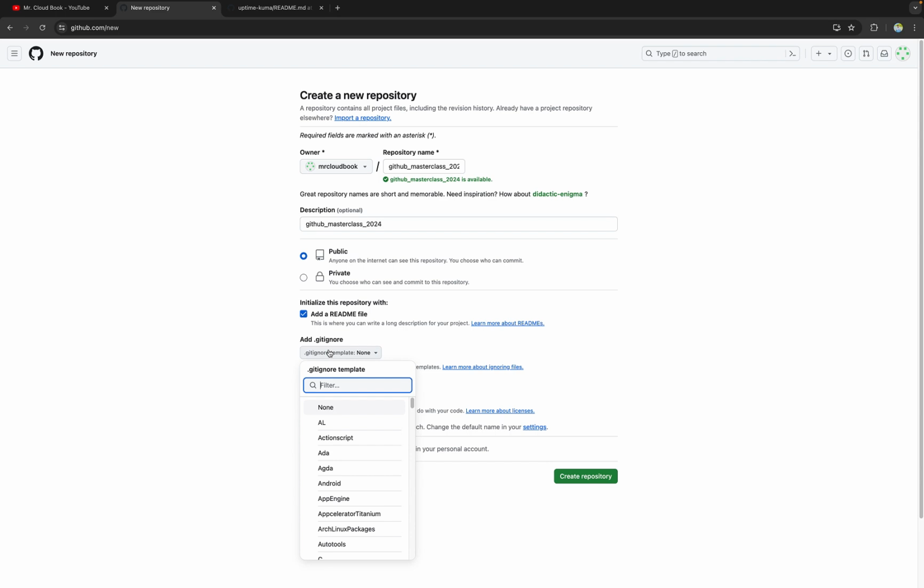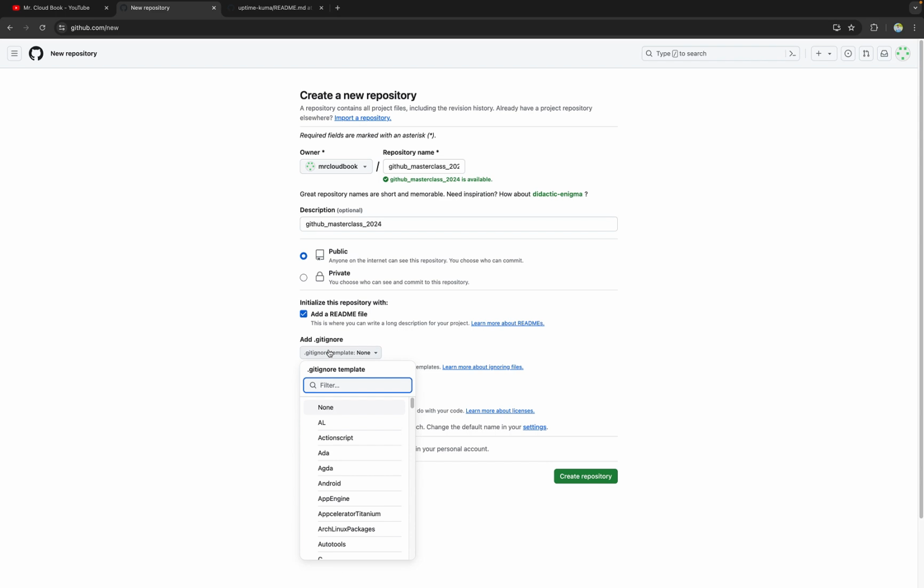But these credentials will be escaped from that particular push. I don't want to push that particular file to my GitHub repository, so I can add that secrets file into the .gitignore, and it will be escaped from the git push. These credentials are not pushed to GitHub, although they are present in the same repository or in the same